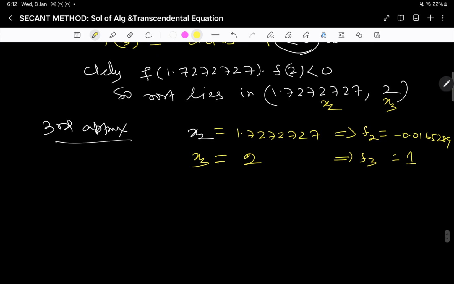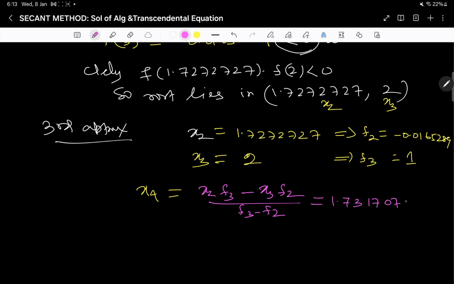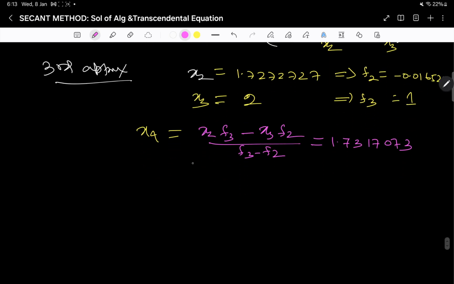So my x4 is given by (x2 f3 minus x3 f2) divided by (f3 minus f2). If I simplify it, then it will give me 1.7317073. So if I go on continuing,